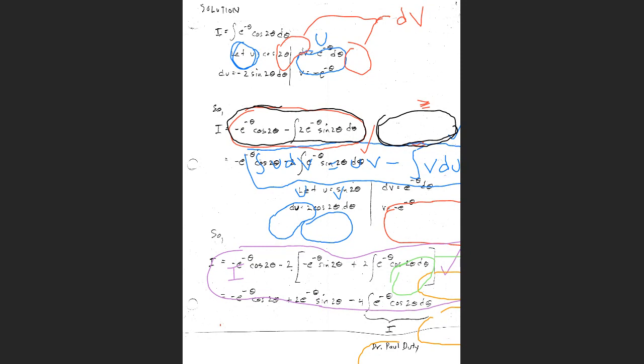Because, well, I have an I here, and then I got I back again here. Right? So what can I do with the I terms? What can I do with those integral terms? Cancel them? Well,